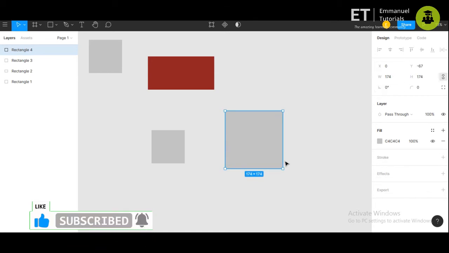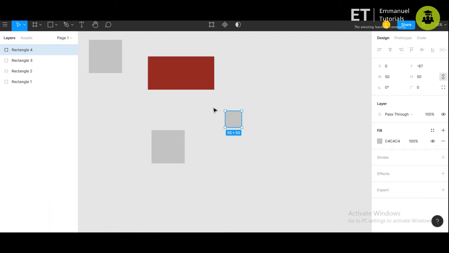So as long as you pull it, it will have the same dimensions. Now you can see that this icon has got enabled. It means these are fixed. So if you change the dimension of the height, similarly the dimension of the width also will change.